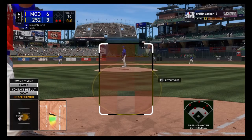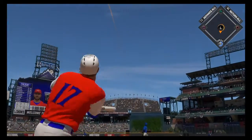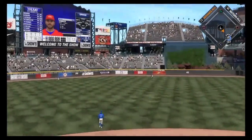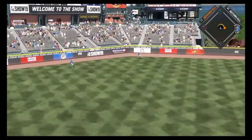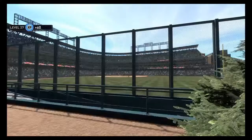Ready for another chance? Mitch Haniger. He launched one over the wall back in the opening frame. Now Haniger with a drive. That one's hit well to deep left field. Back goes Springer at the track, and he makes a nice